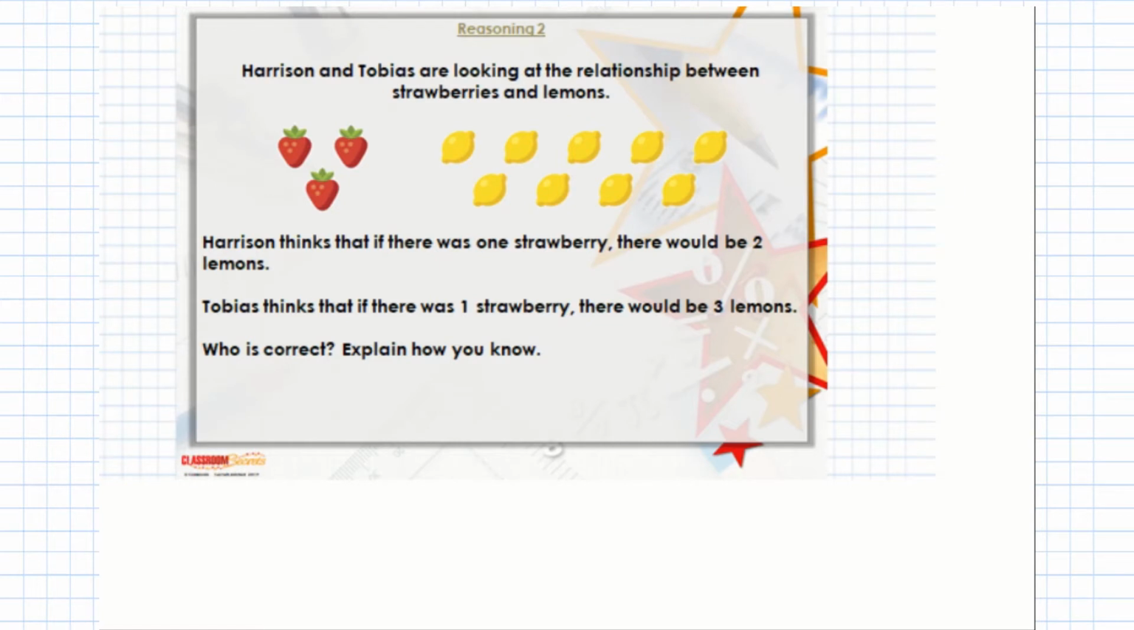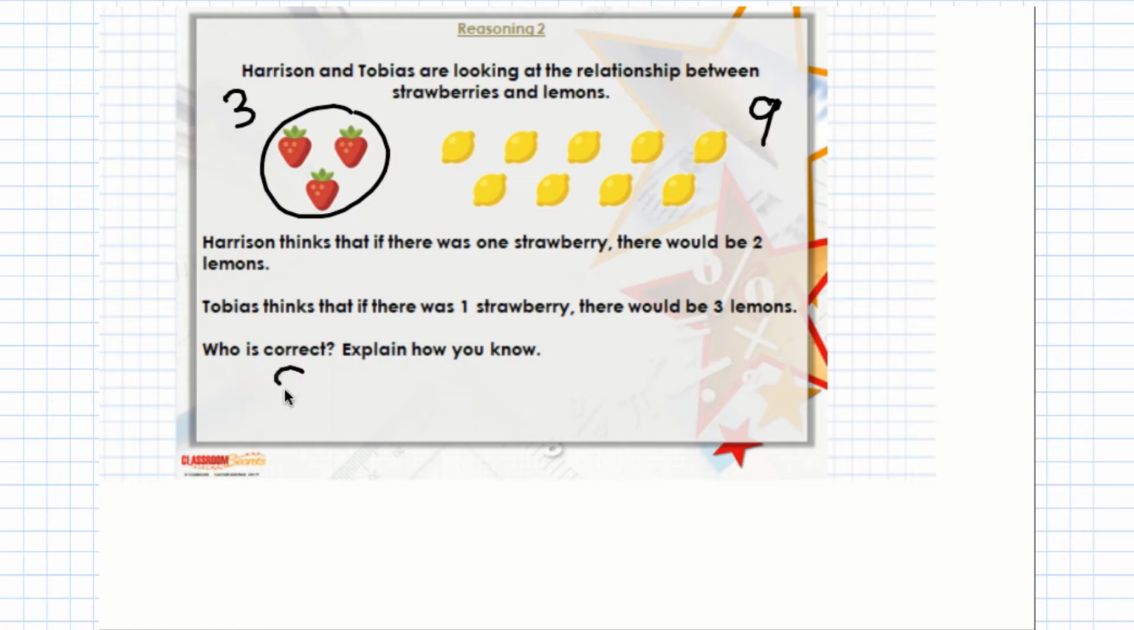Harrison and Tobias are looking at the relationship between strawberries and lemons. Harrison thinks that if there was 1 strawberry, there would be 2 lemons. Tobias thinks that if there was 1 strawberry, there would be 3 lemons. Who is correct, and explain how you know. So again, similarly, we've got to add up the number of strawberries and lemons. So we've got 3 strawberries and